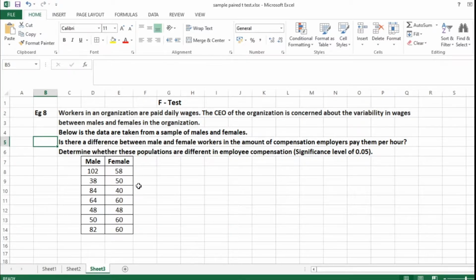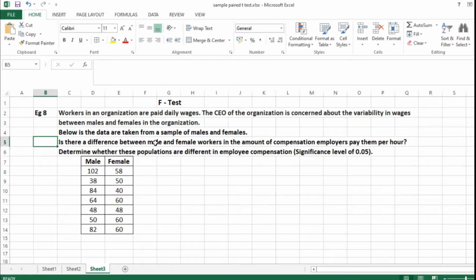So what we are going to find out: is there a difference between male and female workers in the amount of compensation employers pay them per hour? Determine whether these populations are different in employee compensation with the significance level of 0.05. So this is the problem we have taken for our F-test calculation.